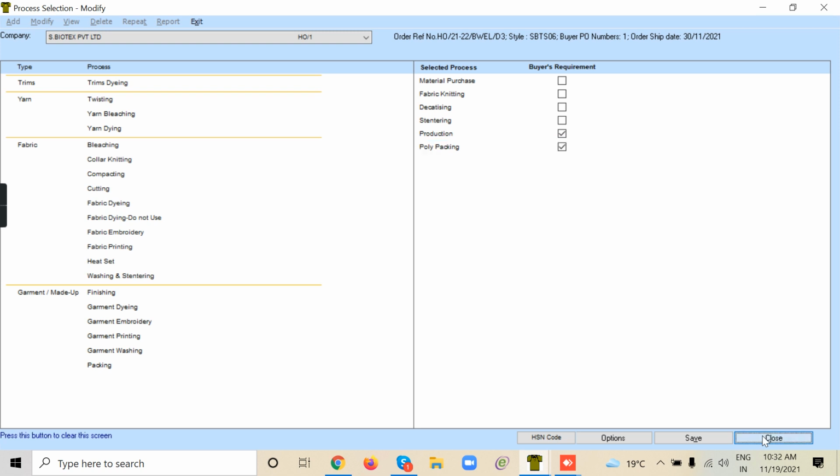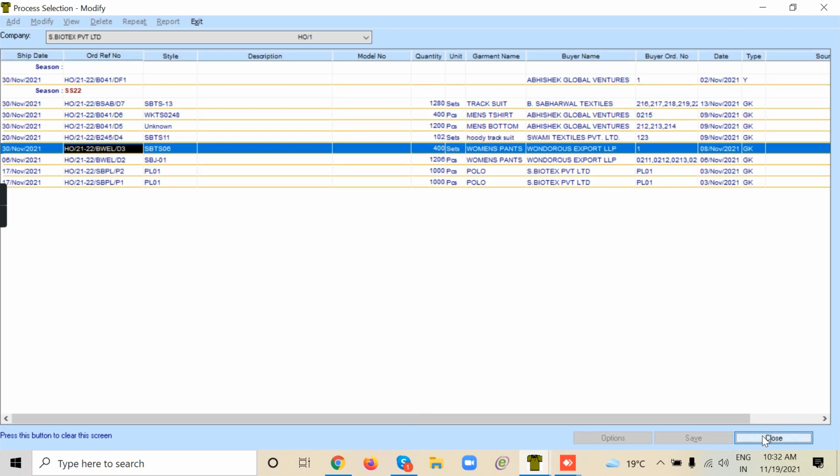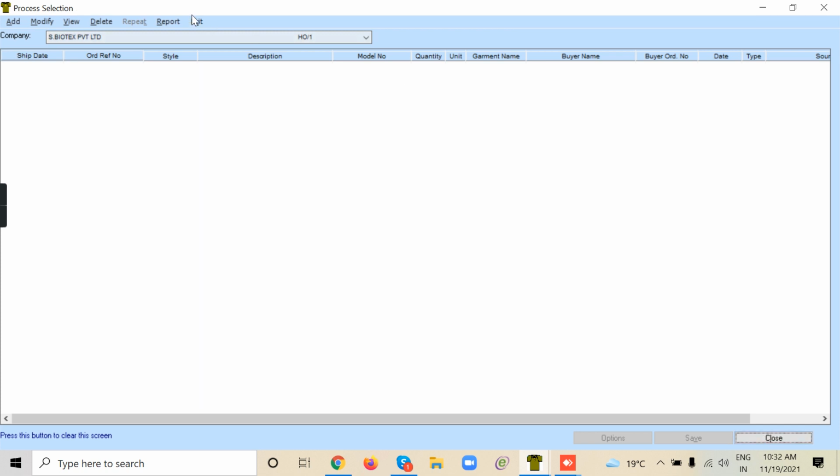Can I move to the next step? Yes. Okay. So the merchant has made the order, and for that order they are defining what processes they will do to execute that order. So that is the next step. And after this